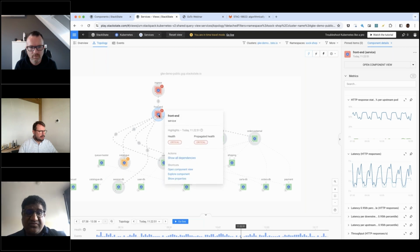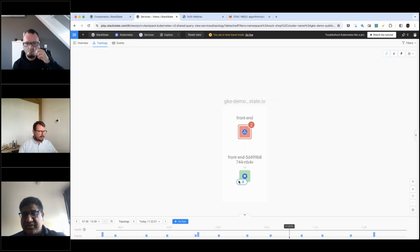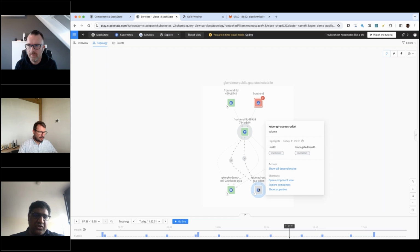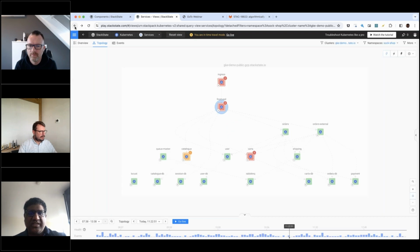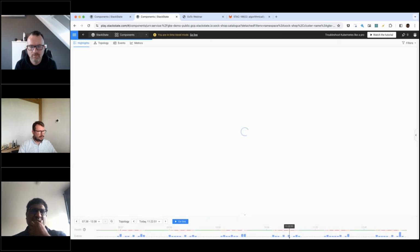The service map is very interactive, so we can look at it, drill down, explore, etc., to understand how a component is put together. So we understand, for instance, like a pod, it's running on a certain node that's using a certain volume that could have a different type of config map, etc. So understanding a system from a topological perspective really helps to create context and how items are communicating and things like that. If I go back to my overview and if I go one level deeper into a component,